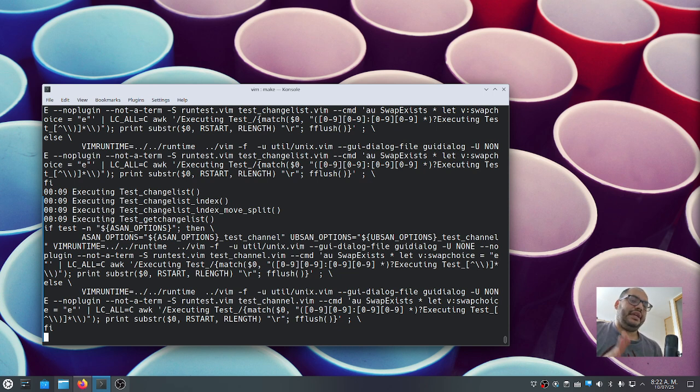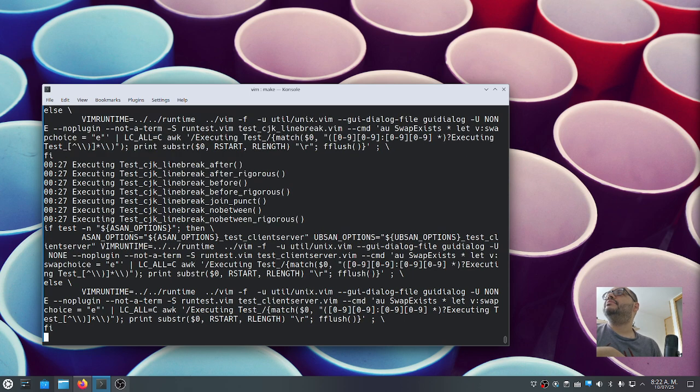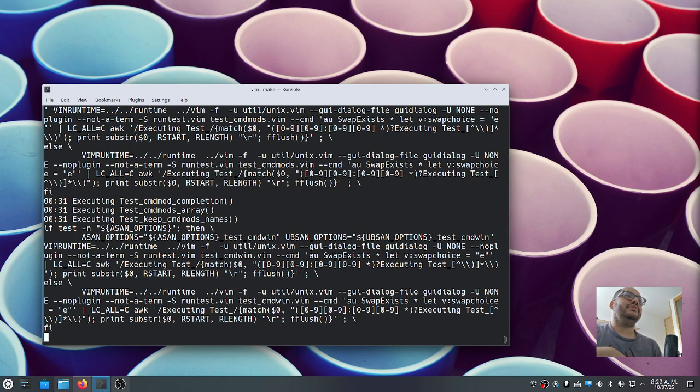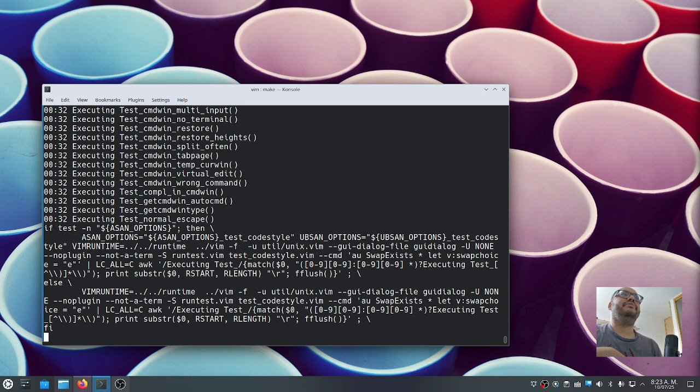This could take a while, but testing is a good thing to do. Then we will do the make with reconfig and make install. That's the following thing that we have to do. We'll check the runtime and